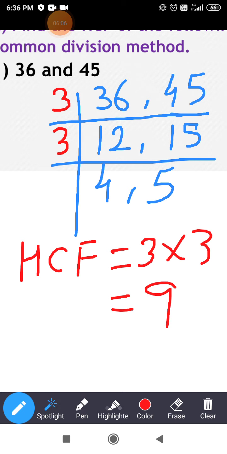Understood? First you have to make the rows. Write the numbers here with the help of a comma. Give a space between the two numbers. You have to start the division by a common number. It means if you are taking a number, it should divide the first number and the second number also. Write the quotient down. Again you will choose a number and divide the first number and the second number by the same number. Write the quotient down. If the condition comes where both the numbers are not divisible by the same number, stop the division. Whatever numbers you have on the left side, multiply those numbers and you will get your answer.